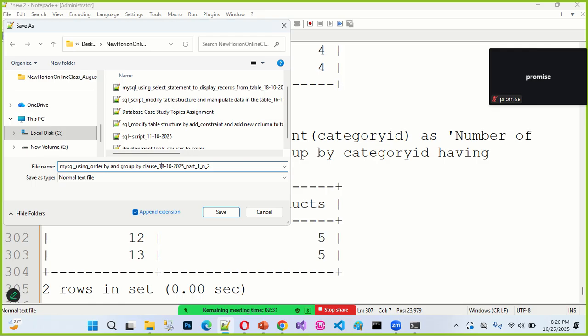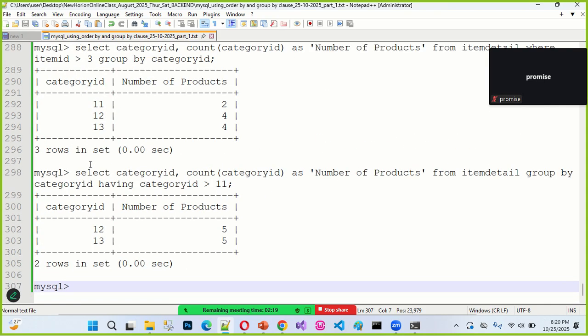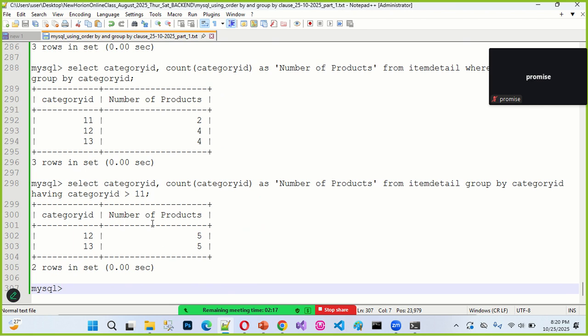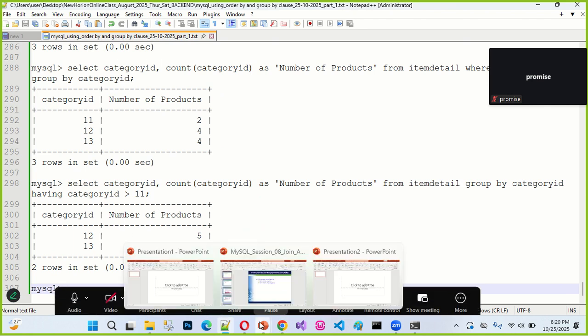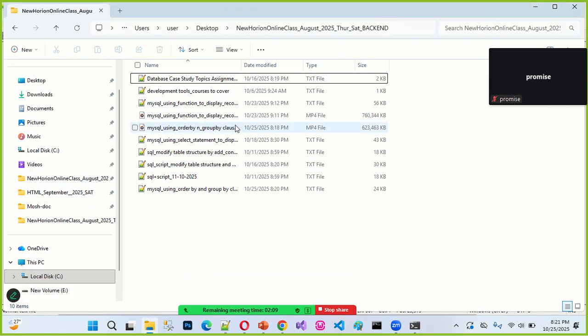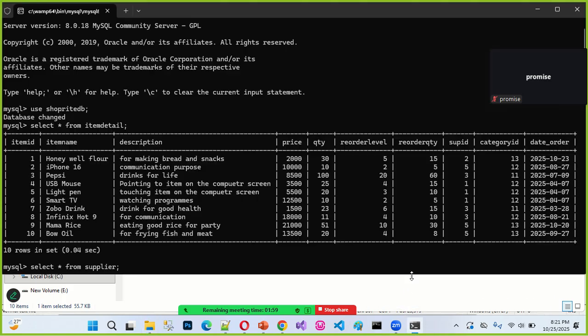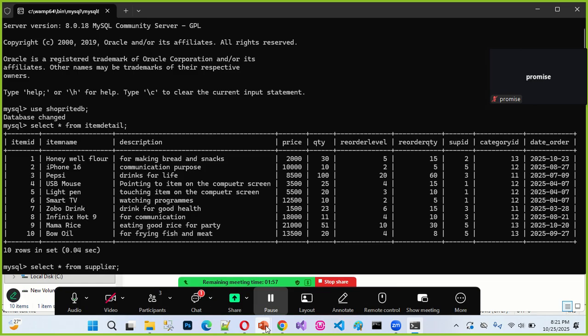Okay, so this is 2.5 and this is part 1. Okay, so I think that's this information that by group. Okay, so that is okay. So now